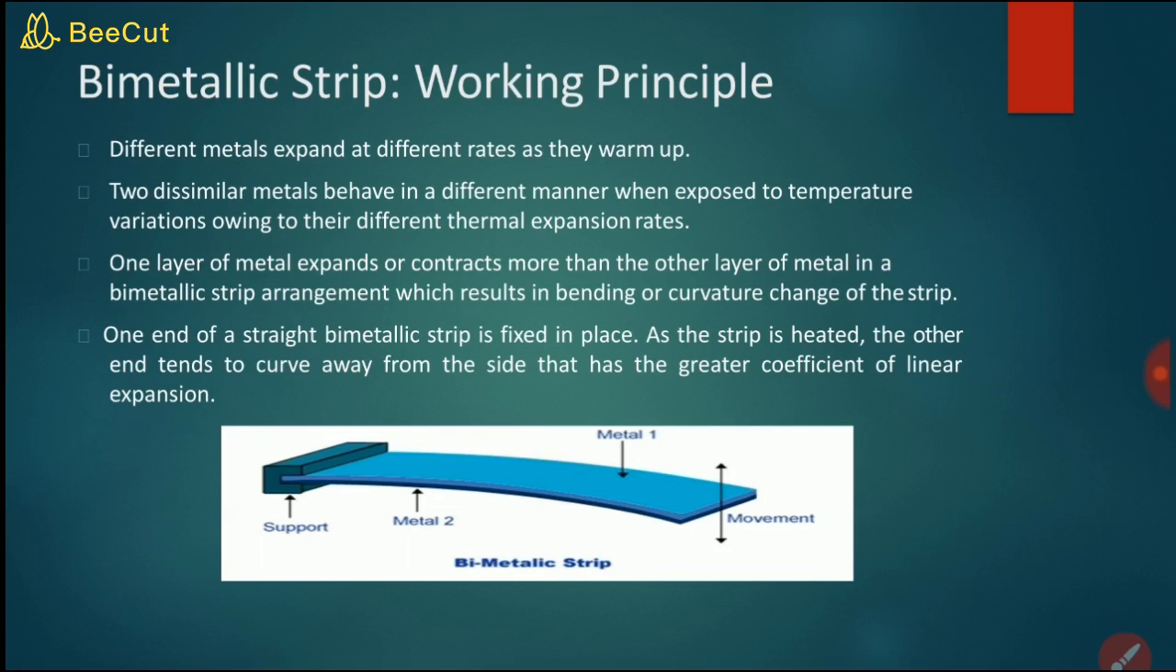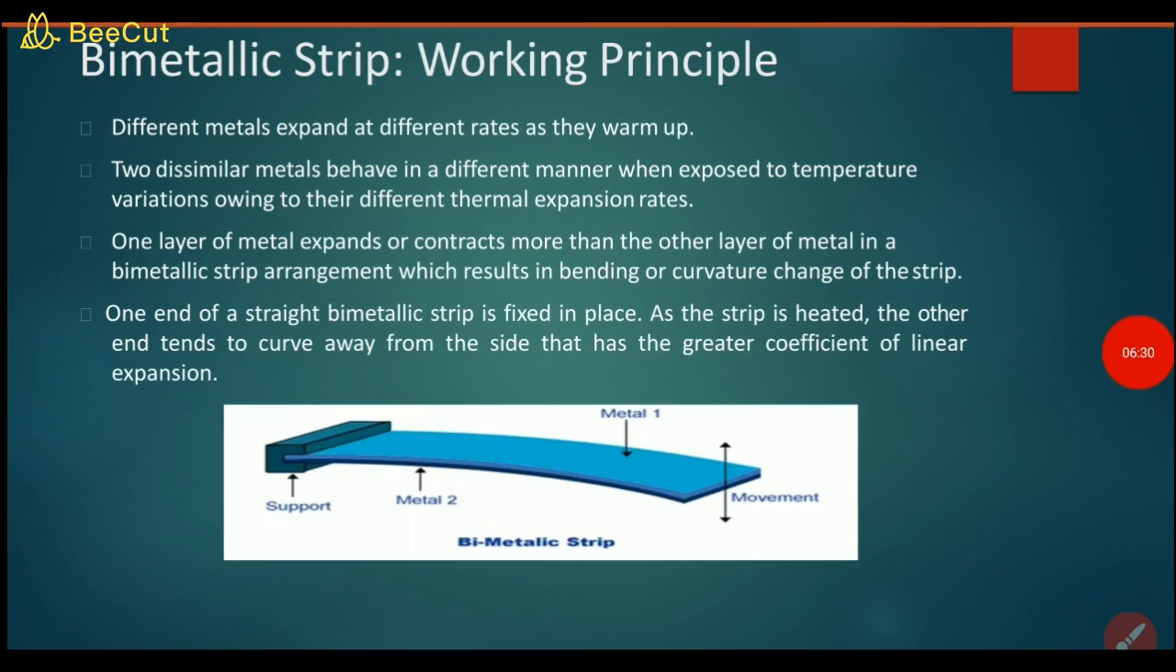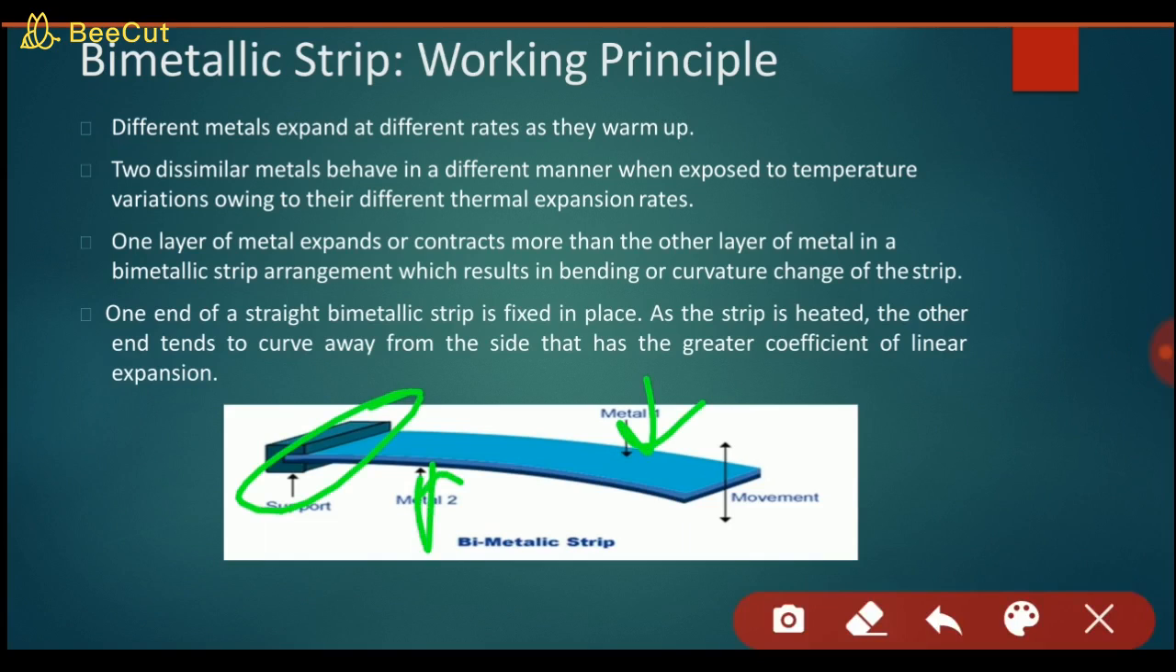And one end of the straight bimetallic strip is fixed in place. As the strip is heated, the other end tends to curve away from the side that has the greater coefficient of linear expansion. So this is a diagram, student, you see. In this diagram you see, this is the metal 1, this is the metal 2, this is a support, and this is a movement up and down. Okay,